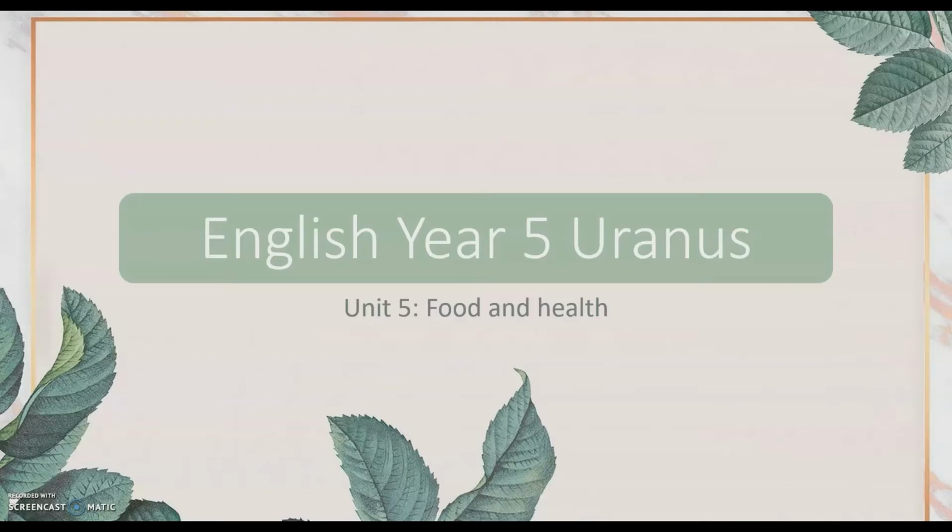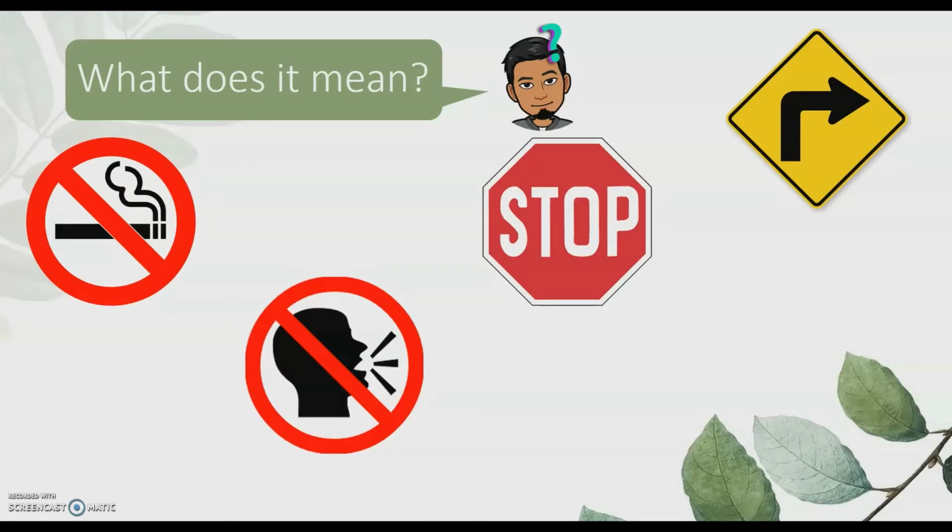Okay, so today we are still learning in Unit 5, Food and Health. Okay, so before we start our class, I want to show you several pictures and I want you to guess the picture. Okay, so here there are 4 pictures here. What is the picture about? All the pictures, you can see all. There are 4 pictures, right? There are the red one, the yellow. Okay, so can you guess what is this?